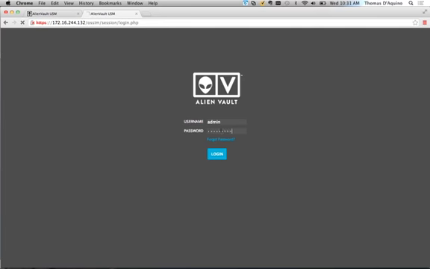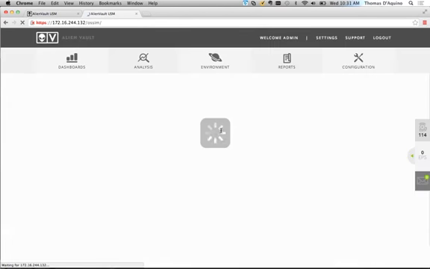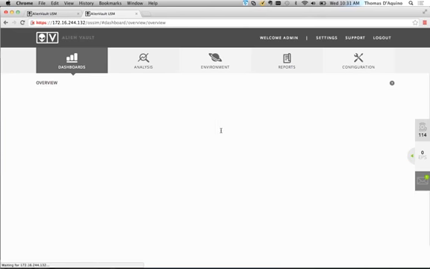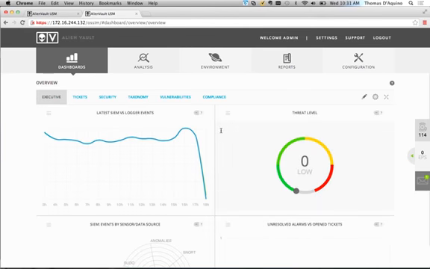So let's go ahead and jump into the console, and we'll poke around here a little bit and illustrate some of those things that Jim's talking about. So a couple of capabilities that are built into the ALIENVAULT platform out of the box. One of those things is just the ability to collect information from around your network, right? So if you've got a firewall, a VPN concentrator, like any kind of device that's going to generate